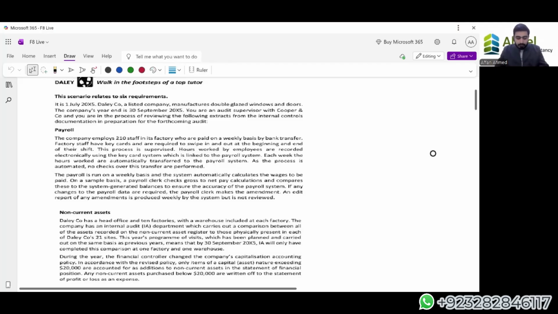Why? Every scenario, every question has a unique pattern. So if you are memorizing substantive procedures and test of controls, it would result in an inadequate or inefficient answer in the exam. Because when the examiner sees that a student is unable to relate with the particular scenario given, they are very keen of it. They have been examining for a very long time, so they understand that you have memorized stuff. They are not testing your memory there. They're testing your application skills on how you would react to a situation in audit in practical life.